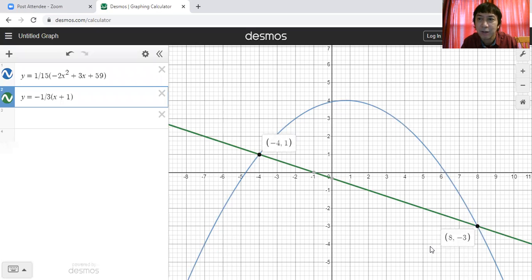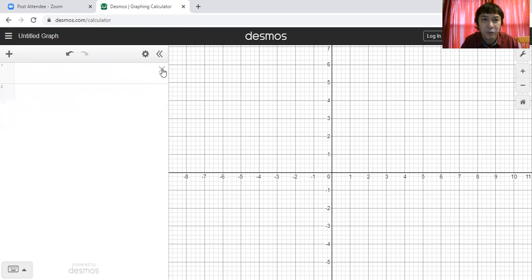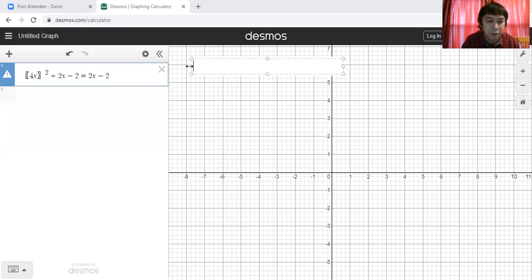We shall erase the previous number by just removing the fields there. And then Control V, paste. And then you can also post it right on your X and Y coordinate system there. And that's it.